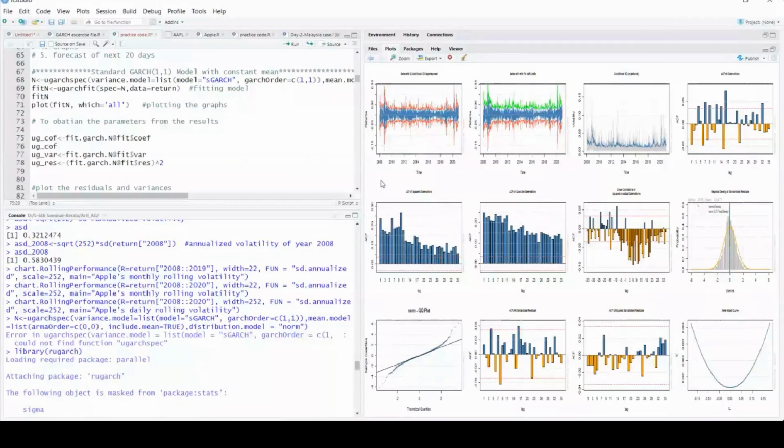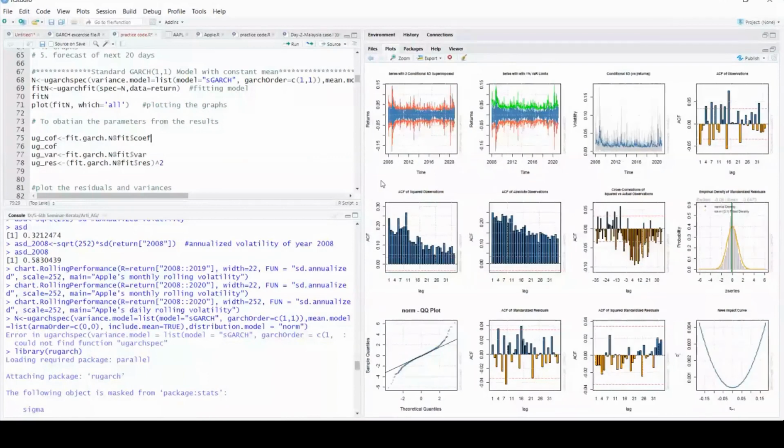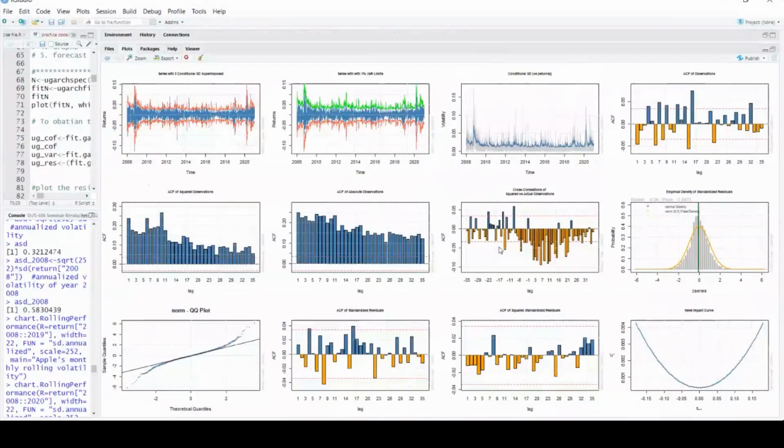No, here, see, if you read the graph header, it says the cross correlation of squared versus actual observations. Meaning to say, you have the actual observations, that is the log of the return, right? And then the software is generating one more time series, which is the square of the observations. That means they are squaring the log of the returns observation. Are you getting my point? Yes. So there it will become two series. Okay. So then they are taking the cross correlation, but the concept is the same.